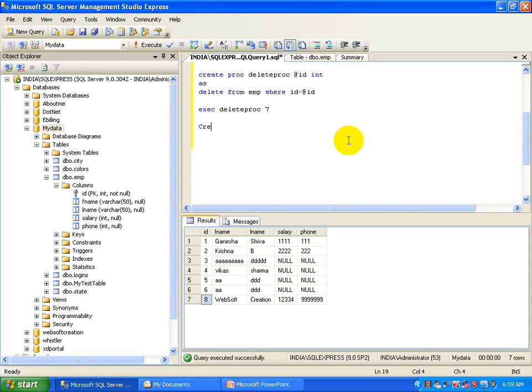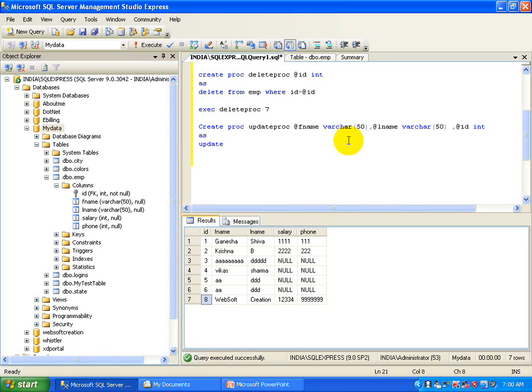Now create proc update proc, fname varchar, lname, and id integer. These are input variables.